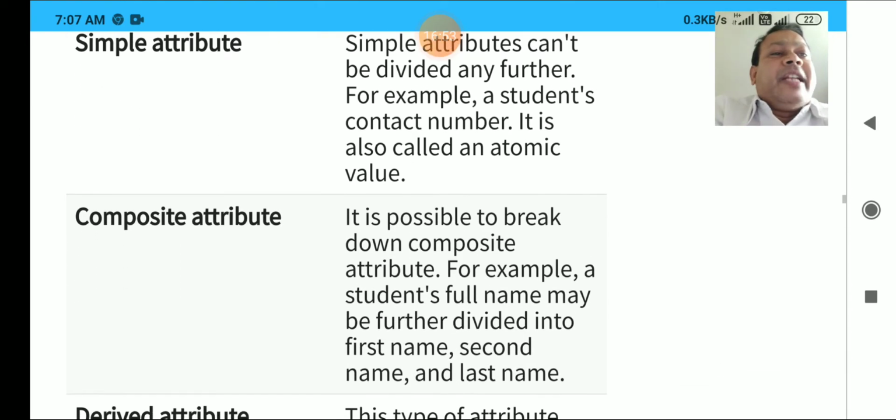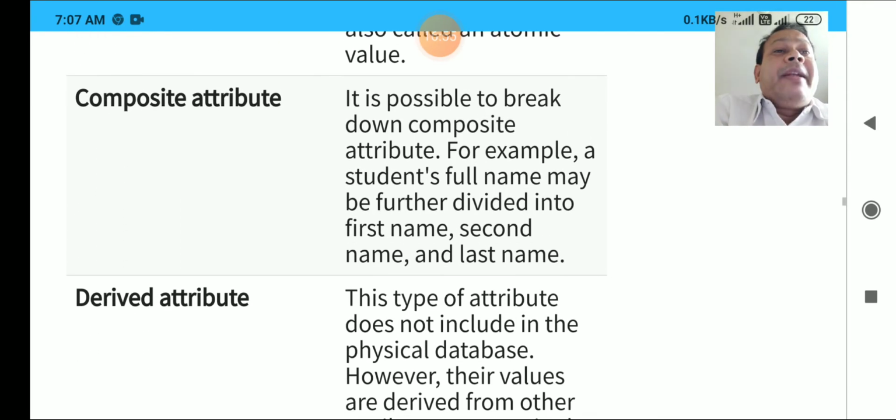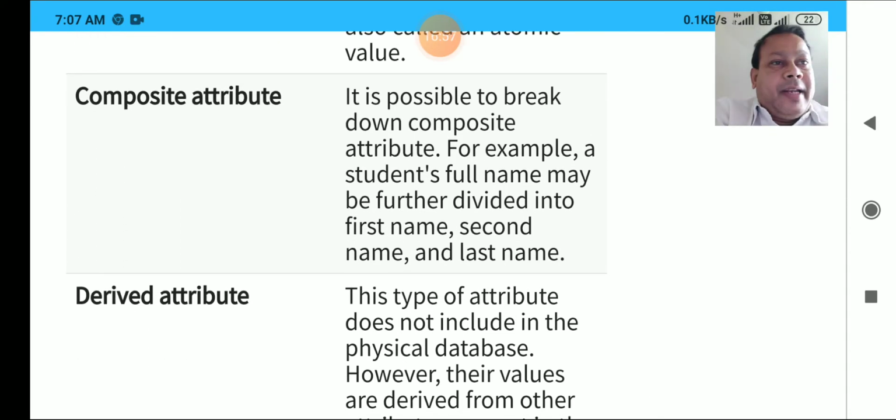Coming to composite attribute. The name itself depicts composite, and it is not only one, rather it has more than one part for that particular attribute. For example, address, clear? Address can further be divided into many different attributes. Address may have house number, which can be a separate attribute, a separate column.